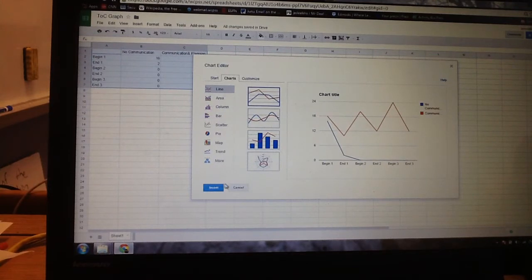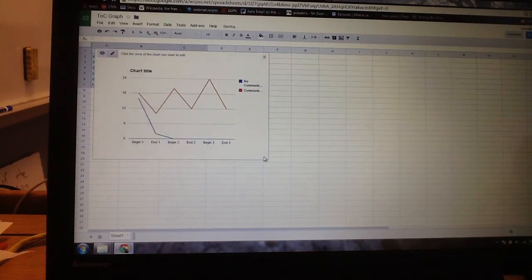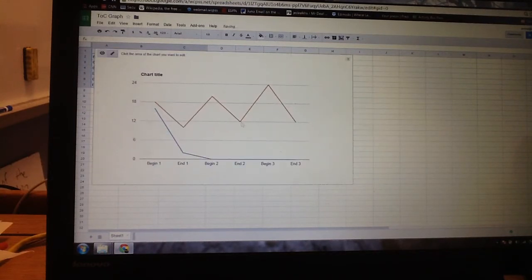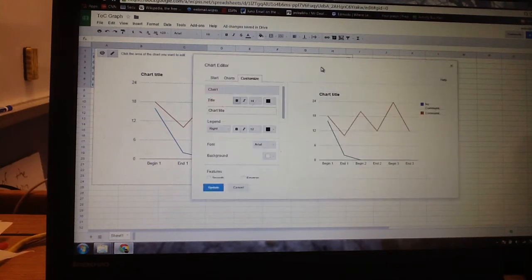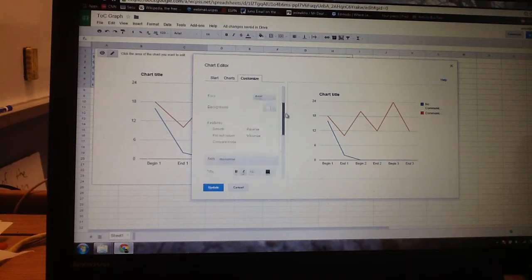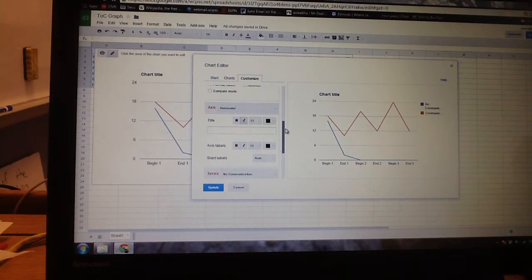Chart. And this time we want to make a line chart. I'm not going to make you sit through watching me fix all the axes, but remember, in any good graph in this class, you need to have a title, and you need to label the horizontal axis and the vertical axis. The horizontal axis is going to be labeled time, and you do that by coming over here to Customize, and down to horizontal axis, and the title of the horizontal axis is going to be time,